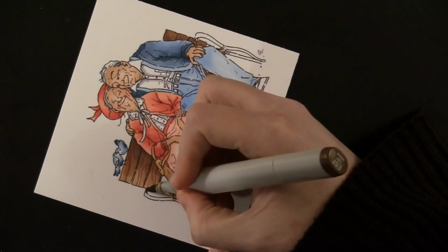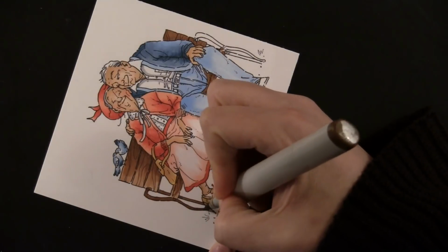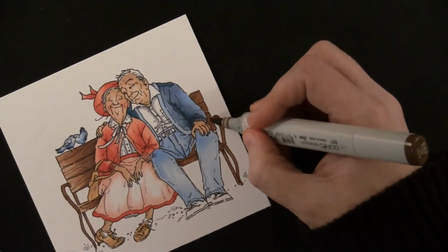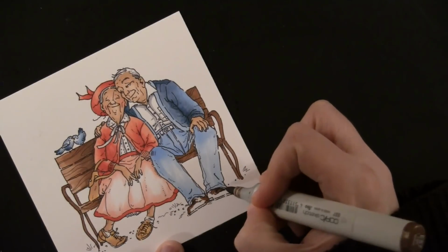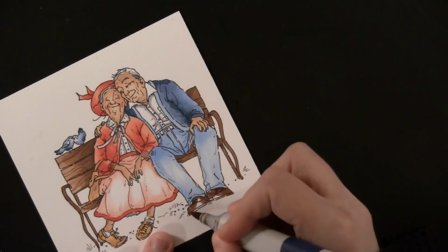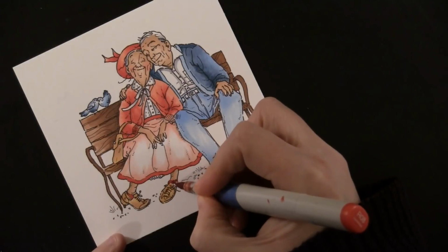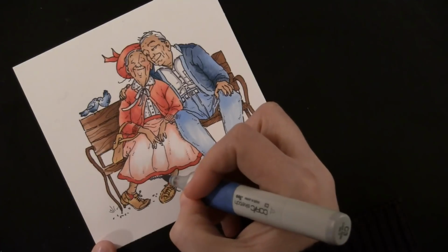So the last thing here is just to work on this bench, and I'm just adding some color here on these details. And I think, yep, I need to get his shoes. It's funny the things you forget to color as you're working on an image, and you go back and go, oh, I forgot his shoes, and go back and get that. So then I did take that and fussy cut it out,